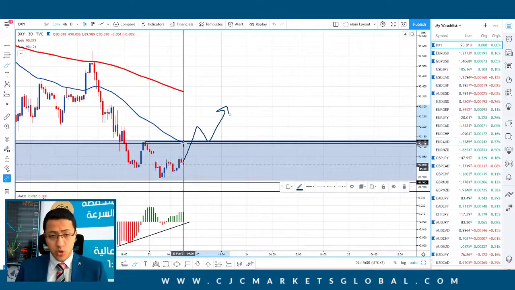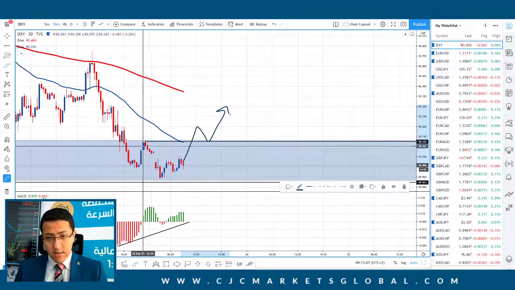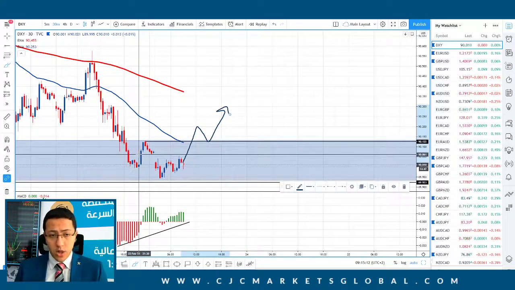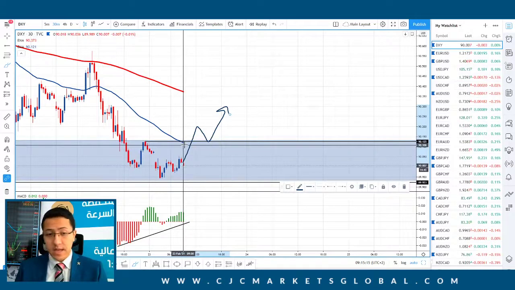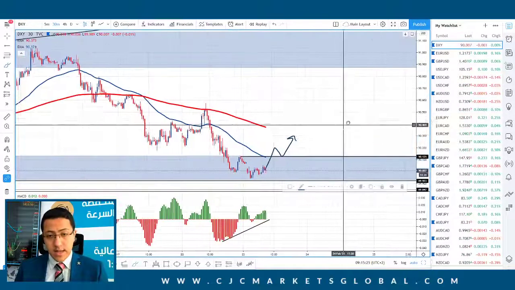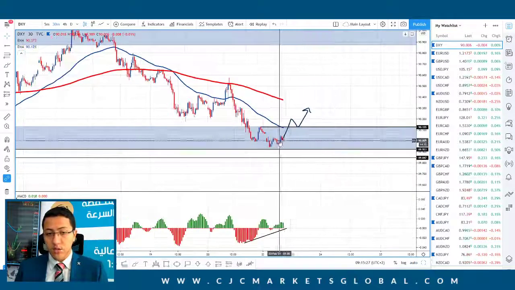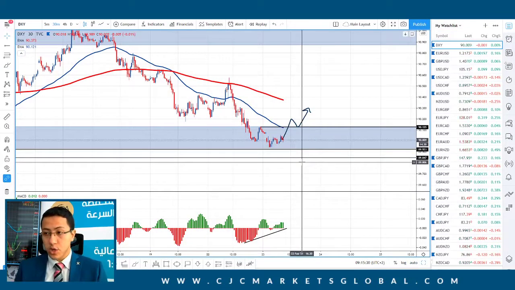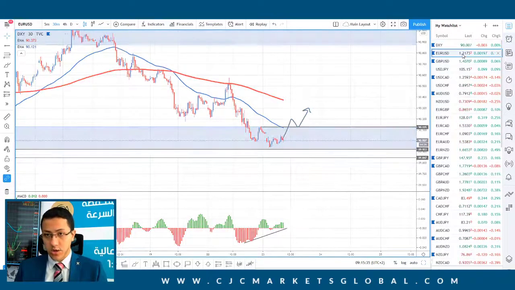minutes time frame. So in order to confirm the bullish move that we are expecting today, we need a confirmed breakout above this key level of 90.12, which is the last high that we created during the downtrend, along with the exponential moving average of 50 candles on the 30 minutes time frame. Then we will be able to continue the move, or to initiate a new move to the upside. And if we did have a confirmed breakout below 89.92, we will be continuing the move to the downside, and that's on the dollar index.